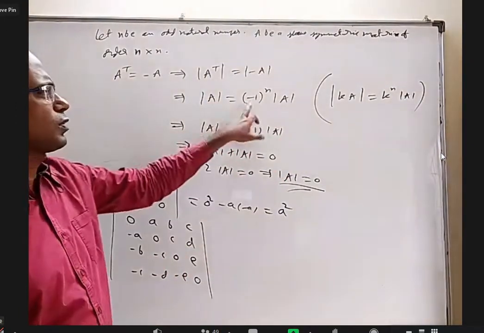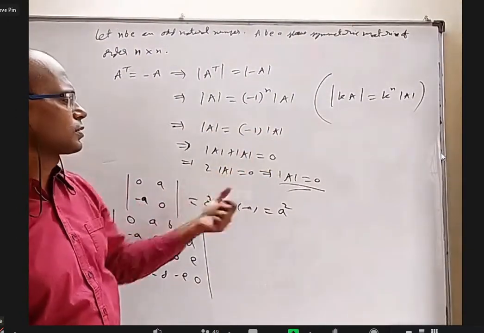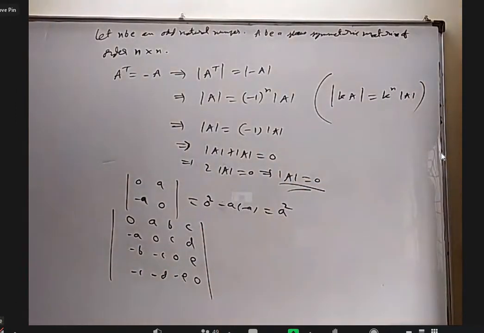And then minus 1 whole power odd number is a minus. A number equal to the negative of itself, and I brought this to this side, number plus number equals 0. 2 times a number is 0, so the number must be 0. Sir, the examples below are in the 15th point only, sir? These are 15th only.